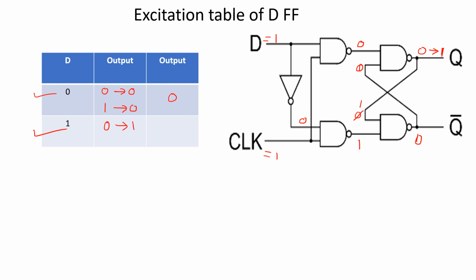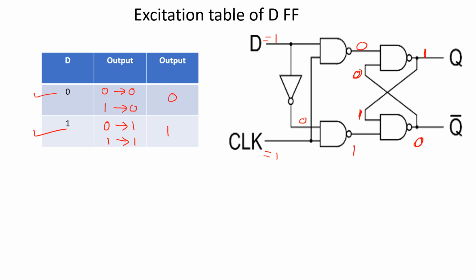Now let us assume 1 in the beginning only. So let us remove this quickly and see what happens to the output. Now in this case, suppose I assume this as 1 and now this is as it is, so 1 1 becomes 0 here, 1 0 becomes 1 here. Now this 1 comes here, 1 1 is 0 here, 0 0 becomes 1 here. Let us take one more time. This 1 comes here. So 1 1 becomes 0, and now that 0 0 becomes 1 again. That means I assumed 1 and it remained 1. So 1 is my stable state. So that is written in the final output column.